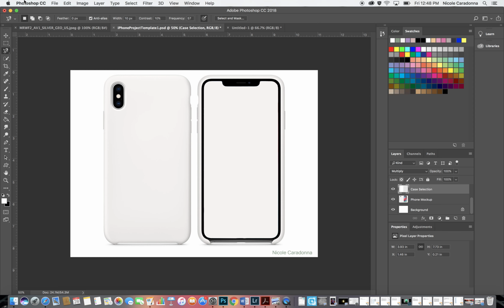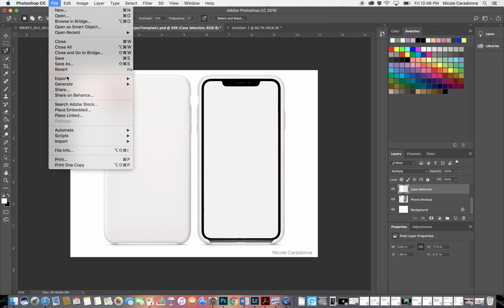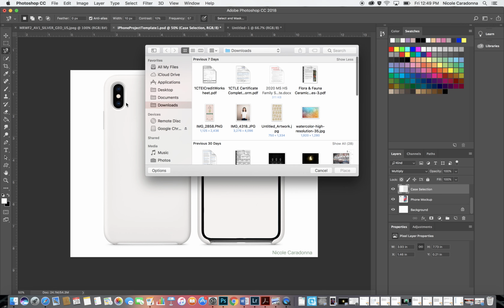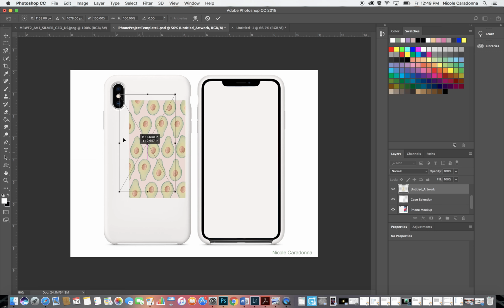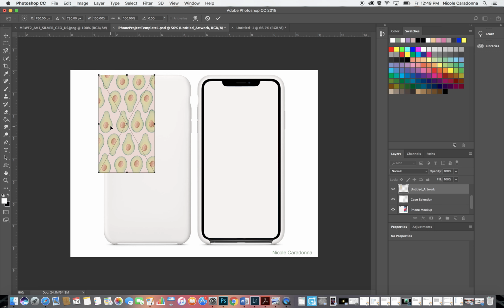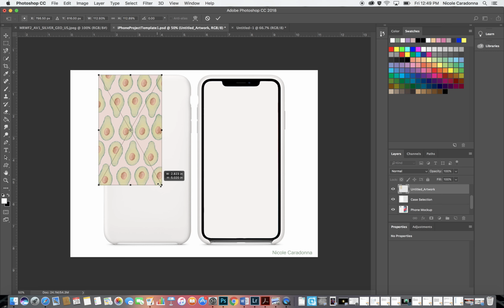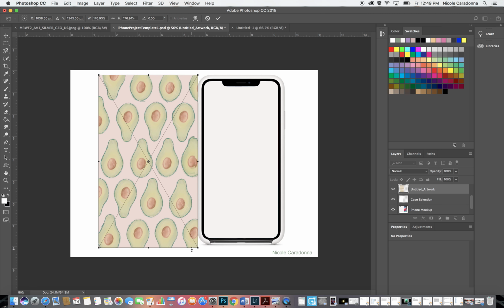So first thing we're going to do is start by going up to File and then Place Embedded, and I'm going to come to my case design and place it in. I'm going to hold the Shift key while I resize from the corner and make it about the size of the case, and then you can press Return. Okay. All right,